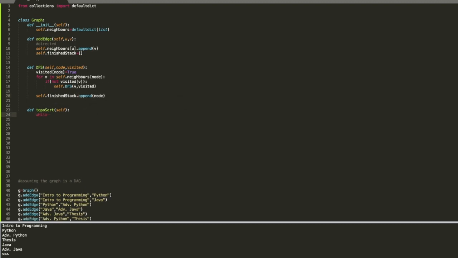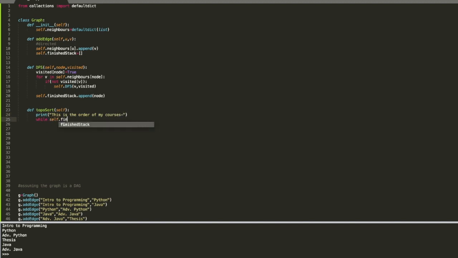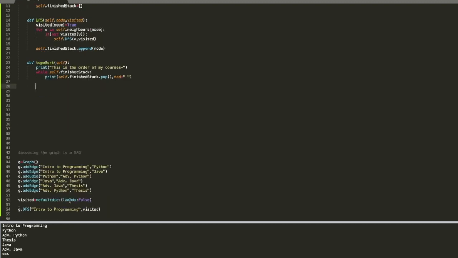And this is to print the topological sort, the order of my courses. Let me try printing everything that's in the stack: print finish stack pop. Let's see what this is giving me.